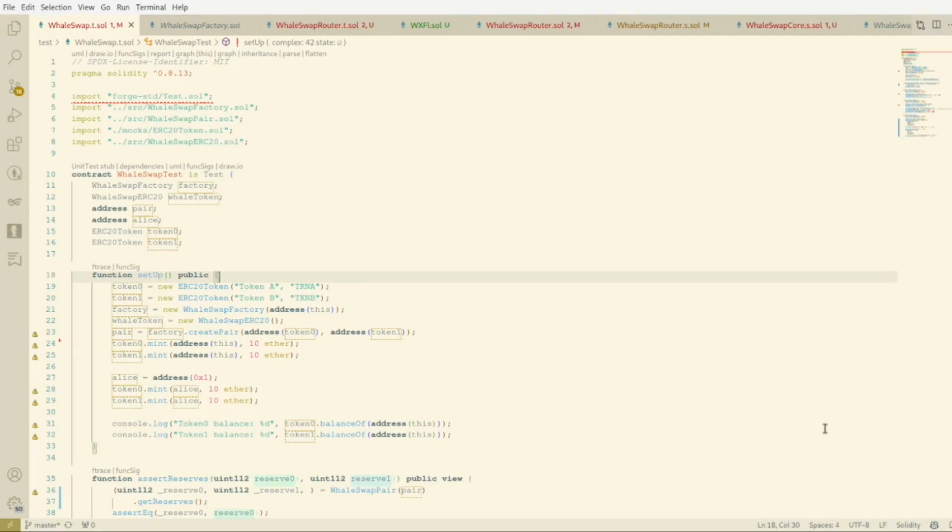Here I am showing a swap of two tokens. For that, first of all, two tokens are created and they are just randomly named token A and B. Then a factory contract and the whale token contract, which will act as the liquidity token for the liquidity providers to track how much liquidity each liquidity provider provides, so that